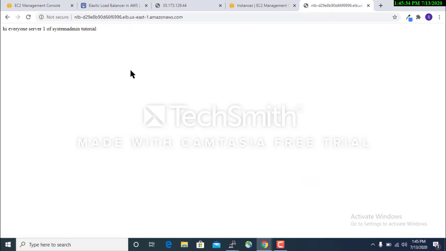Here you see the result is coming: server 1. If I refresh it in 30 seconds, wait for a minute. In 30 seconds, the traffic will move to server 2.